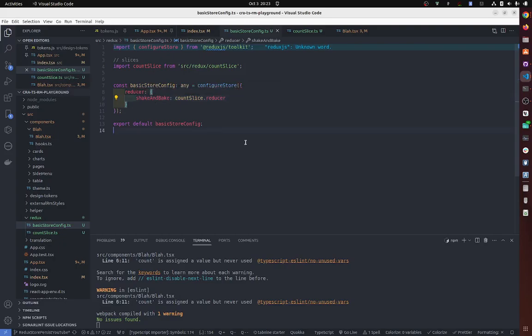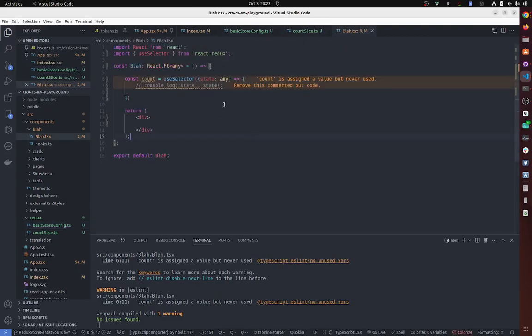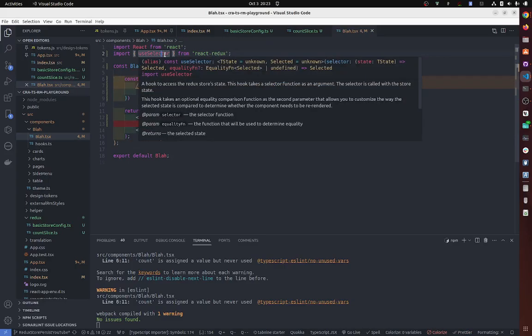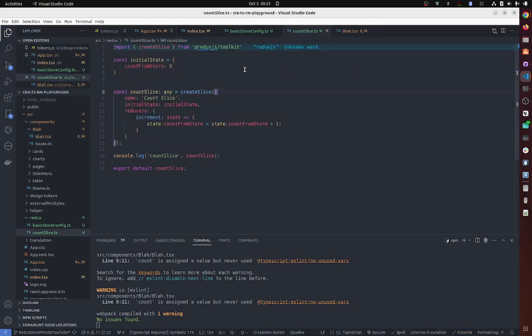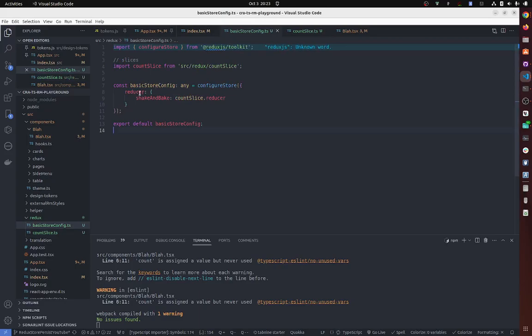So now every time you use useSelector or useDispatch, state will refer to this object here, pretty much. Just think about dot notation. state dot shake and bake is going to be this slice. You can add more slices as you want, but it's state dot whatever the slice name is,